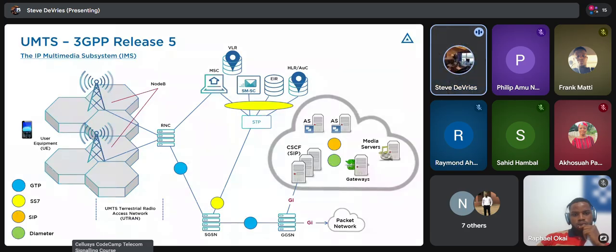Well, this optional architecture was very complicated. And as it turns out, there were not a lot of services that companies were interested in. You might do things like push to talk over cellular. You might do things like presence services or instant messaging, which the network was handling just fine. So they really didn't need this architecture.